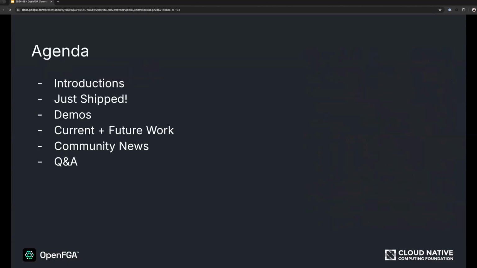So let's look at the agenda for this call. We'll start with our usual introductions. Then we'll go over what we just shipped, an OpenTelemetry demo, and we'll talk about our current and future work so you know what we're working on and what's coming up. And we'll end with some community news and an opportunity to ask questions to the OpenFGA team, which are present